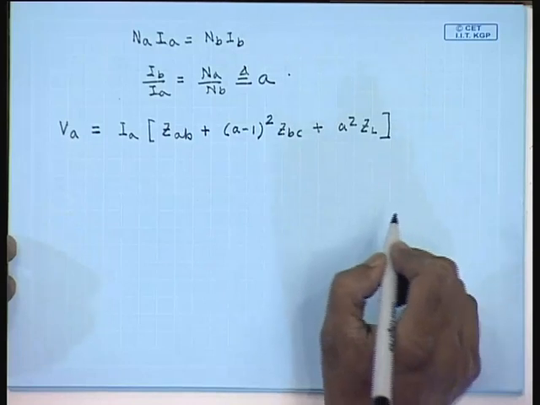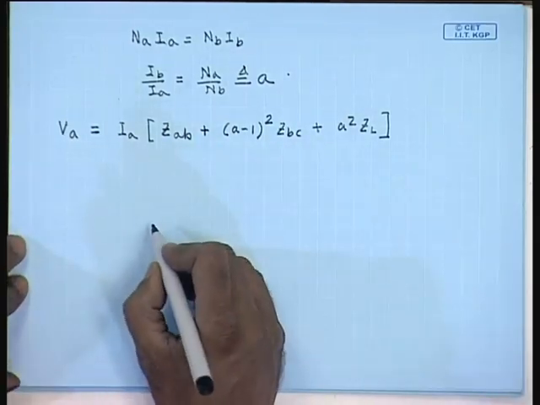Hence, the equivalent circuit of the auto transformer can be drawn as